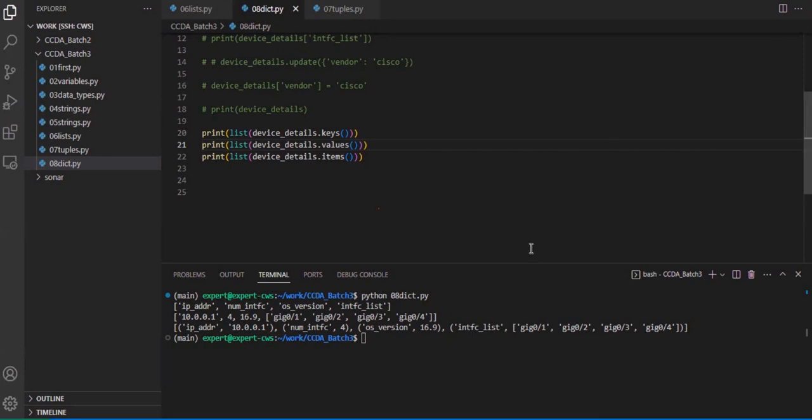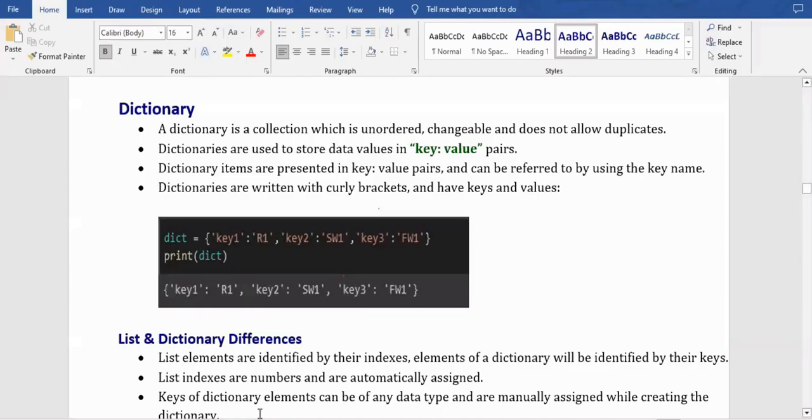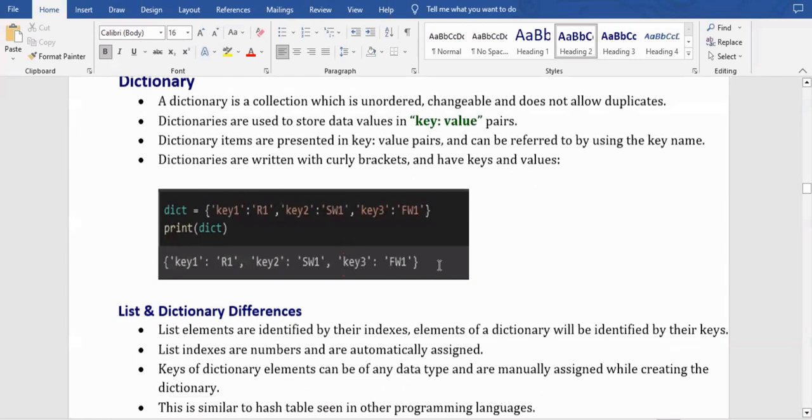Yeah, I think we should last. Yeah, that is about dictionaries. We have